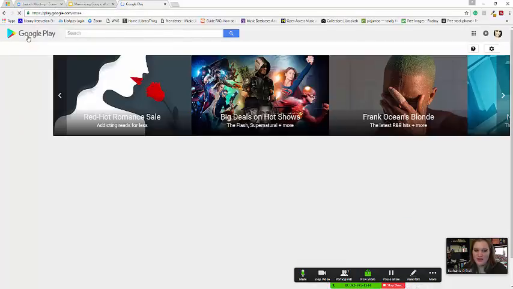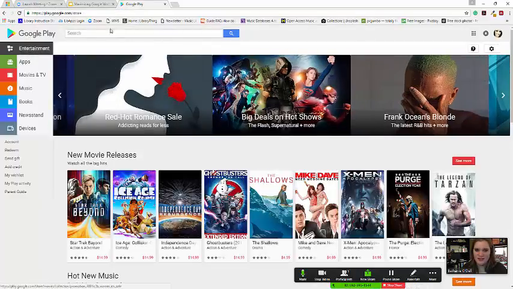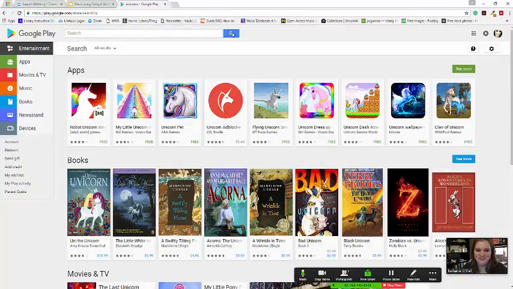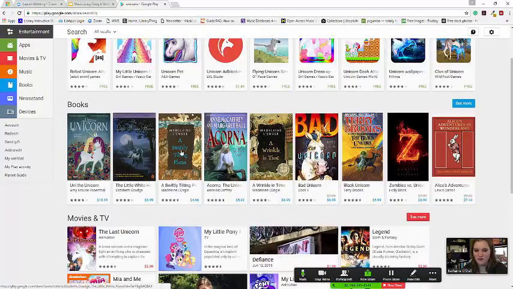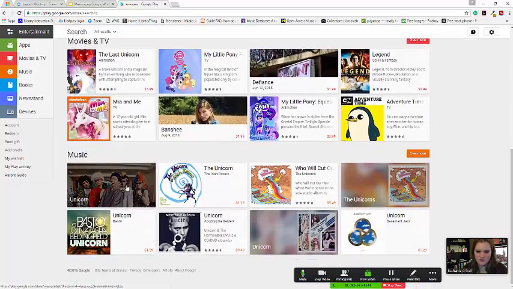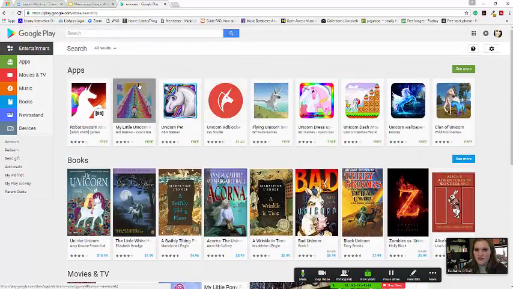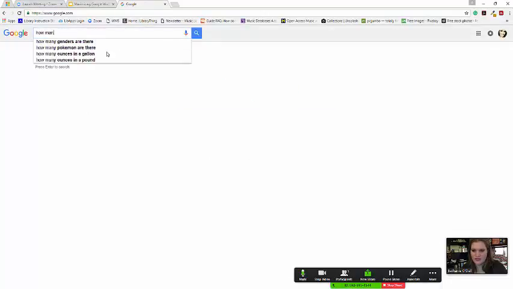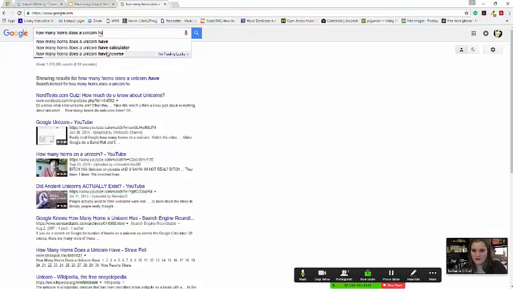However, if I just wanted to suggest something for me, I can leave this blank and just say search, and it will search unicorns every single time. So it's going to show me all the different apps that have unicorns, all of the different books through Google Books that I can read about unicorns, all of the movie and TV shows, some music. So Google definitely likes unicorns, and if you ask Google how many horns does a unicorn have,